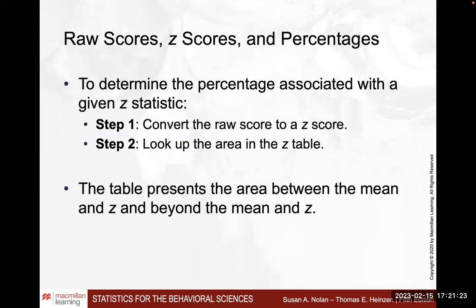Keep in mind that there is a conversion from a raw score to a z-score, which is done by taking the individual score X minus the mean, divided by the standard deviation. So you get this difference, and you're standardizing it as per the number of standard deviations in between. If you look this value up on your z-table, you find the corresponding z-score,